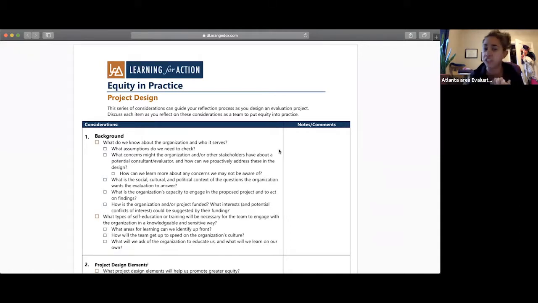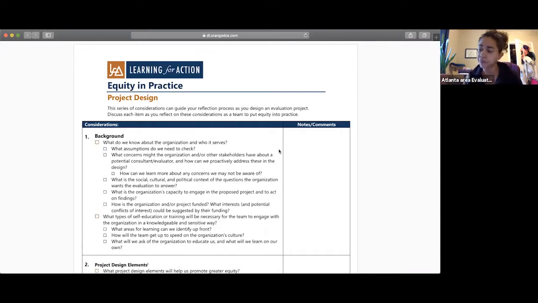This one is focused on project design. At a high level, there are a number of advantages to using checklists. One, they create opportunities to pause and reflect on our practices and our values as evaluators. They also create really juicy opportunities to remind ourselves and prompt ourselves to reflect and engage our teams and colleagues in discussion on these topics. It's really easy, as you know, to get bogged down in the day-to-day work. And so checklists are a really useful way to get us to stop and pause and think about our work.